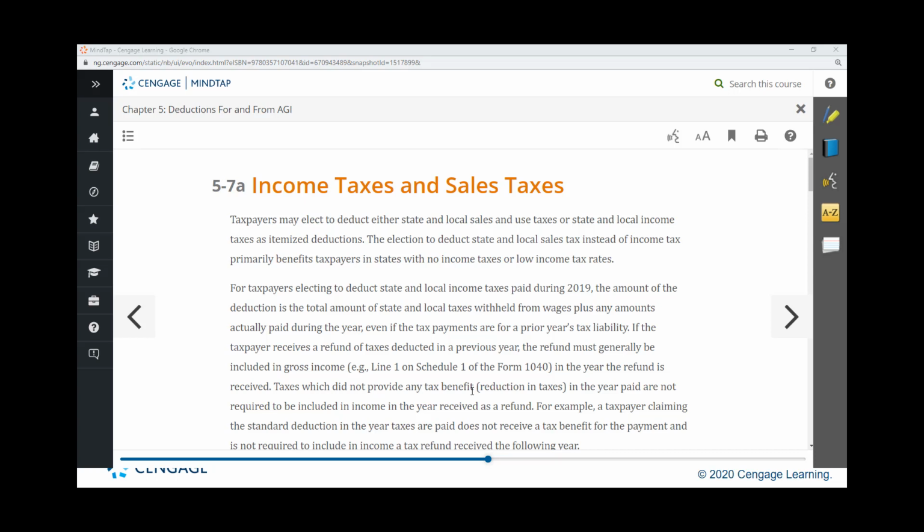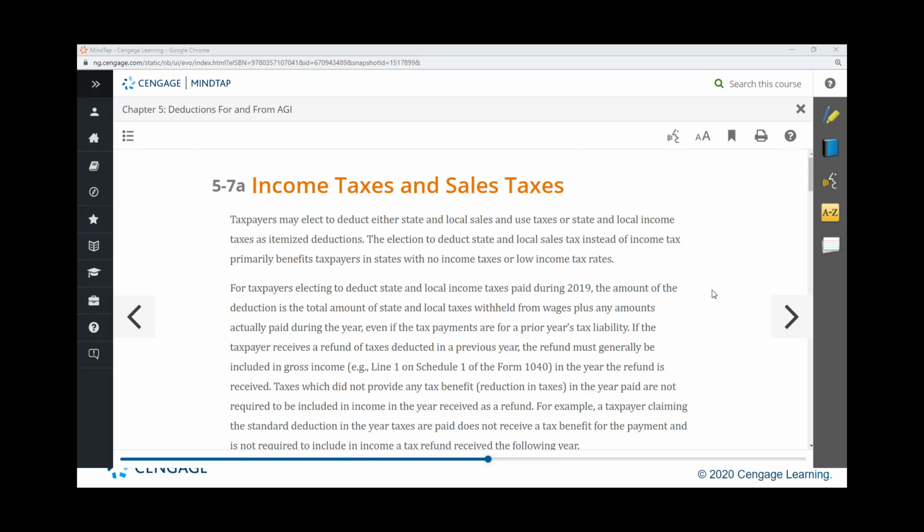In this case, the taxpayer itemized her deductions, so she is getting a benefit from the deduction, reducing her tax because she itemized. If instead she takes a standard deduction in the prior year, then she's not getting a benefit. That's just part of the standard deduction. As it says here, the taxpayer claiming the standard deduction in the year the taxes are paid does not receive a tax benefit for the payment